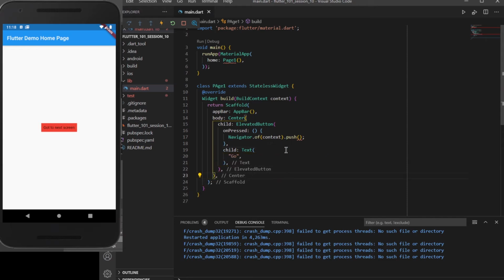Now inside it, we want to add a route. So let me create a route here.